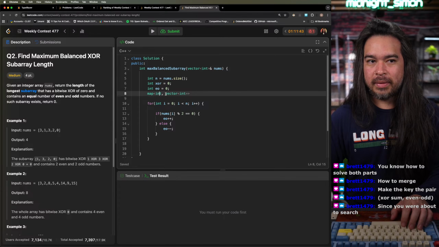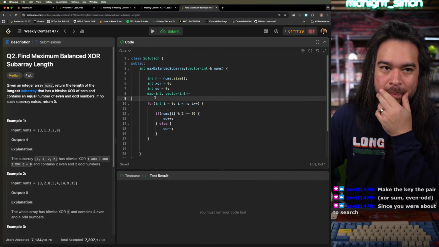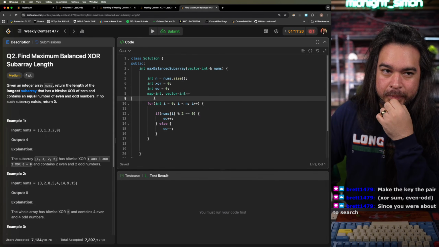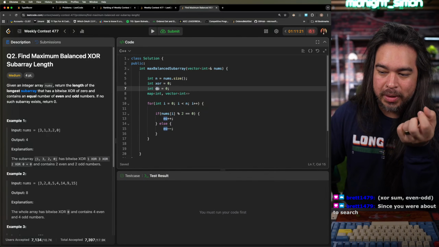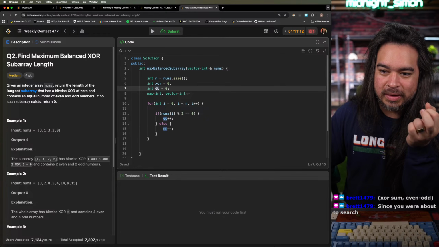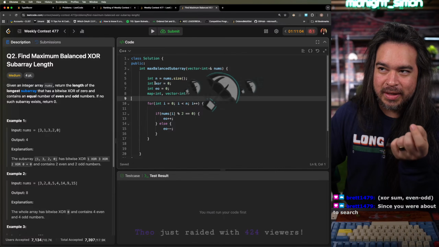But I'm trying to think, if I did that pair thing, what would that mean? So I put the XOR and I put the sum as one pair. Oh, I see what you're saying, Brett. I see exactly what you're saying, man. Because then,